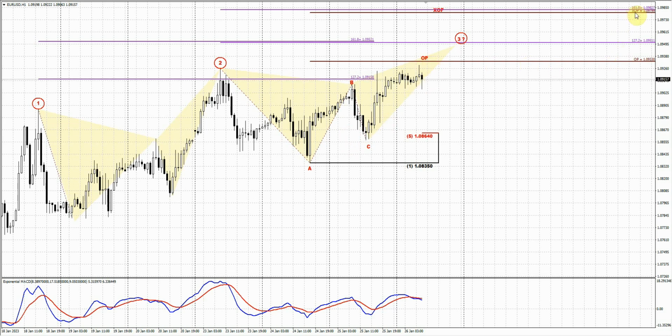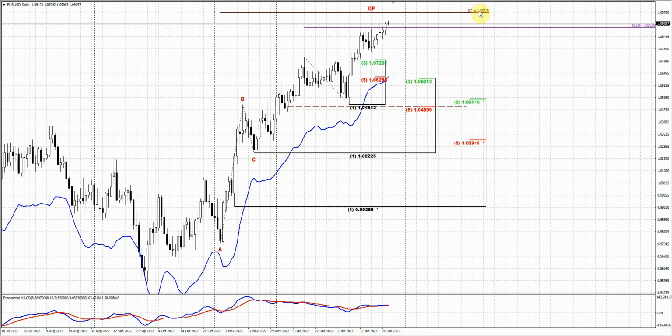Next XOP stands precisely at the 1618 extension of this most recent butterfly. It's around 108.80, which agrees mostly with the daily OP, 109.73. So they stand very close to that. In general, whether the market will complete this OP and touch the 109.70 and 80 area or not is not really a big deal, because in fact here we should consider the area 109.50, 109.70. That's the area that we need to consider, and where potentially the market could start forming something bearish,